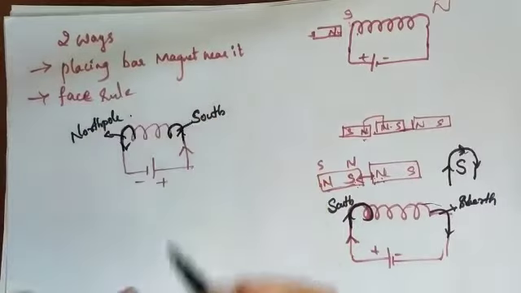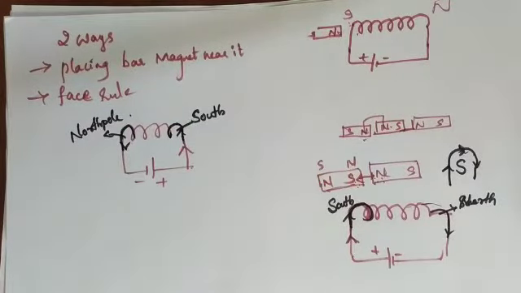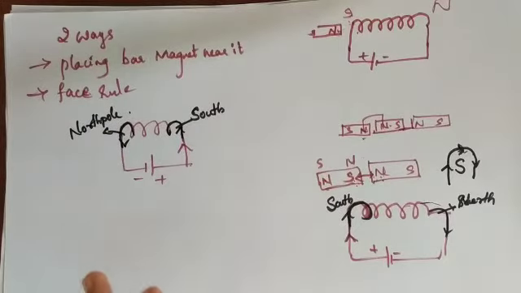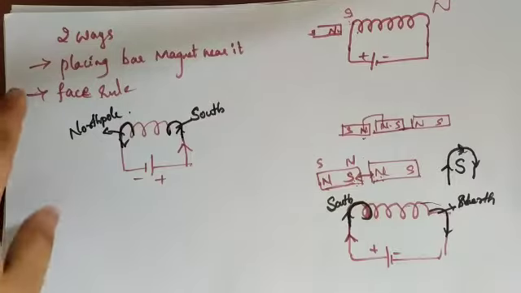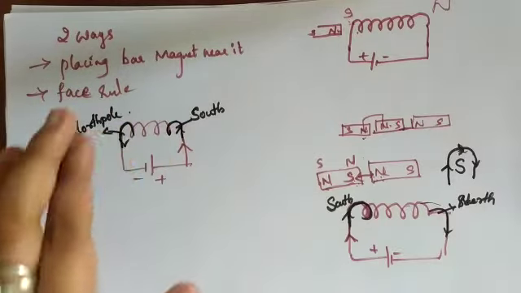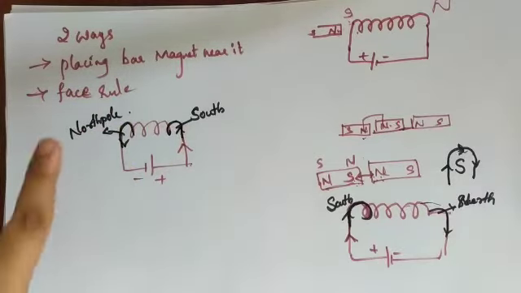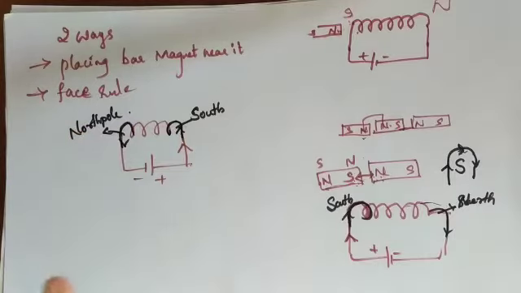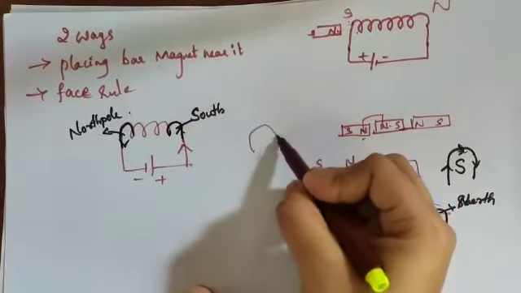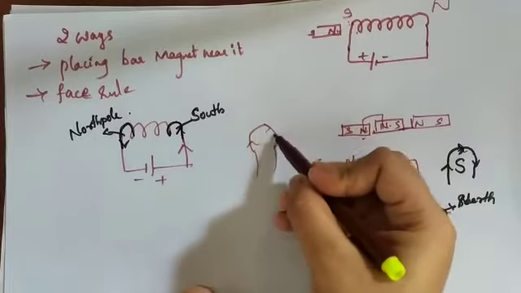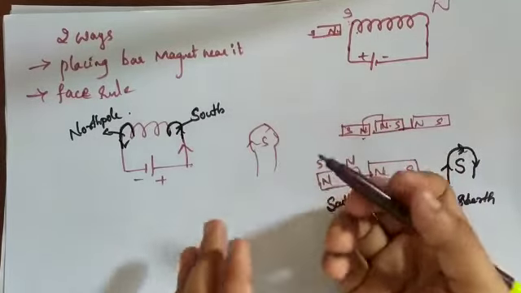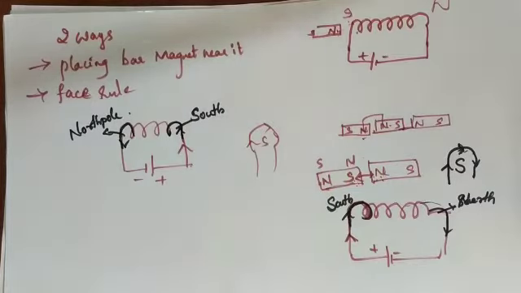Okay, got it? So by these two ways you are able to express the polarity of the solenoid. In an examination, if the question is about explaining the magnetic field of the solenoid, you have to explain in two ways. First, explain about the bar magnet, keeping a bar magnet near it, and also explain the phase rule. While explaining the phase rule, you have to explain this also: when a current is passing in a clockwise direction, it is the south pole, and in the anti-clockwise direction, it is the north pole.